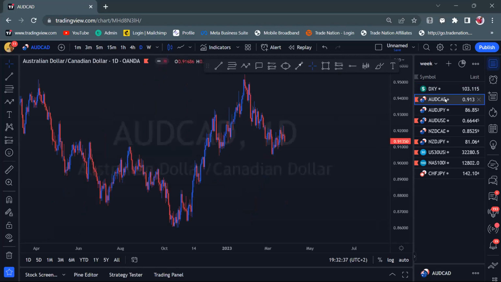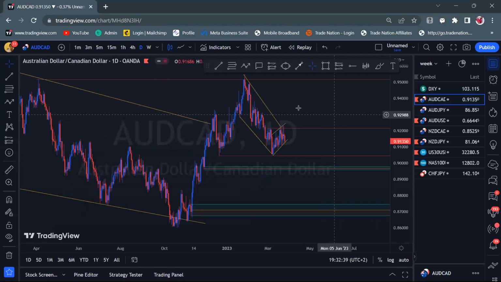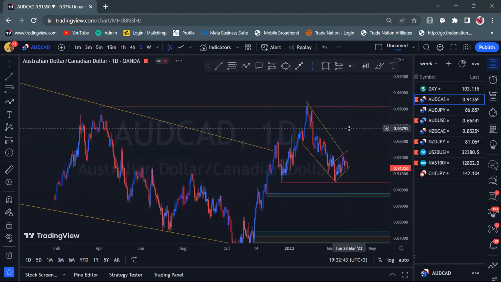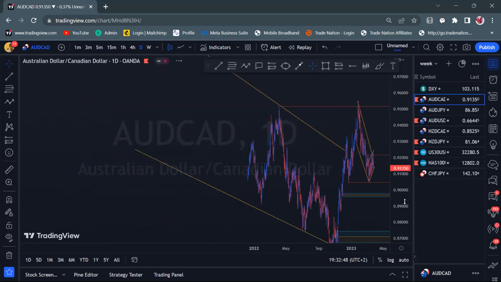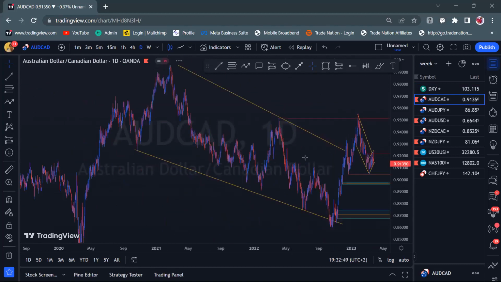So AUDCAD, I don't remember who it was that forced us to do analysis for this pair on Friday, I think it was, but we did some analysis for this pair and we discussed already the price action. So I guess maybe this is just going to be an explanation of why we've got this specific